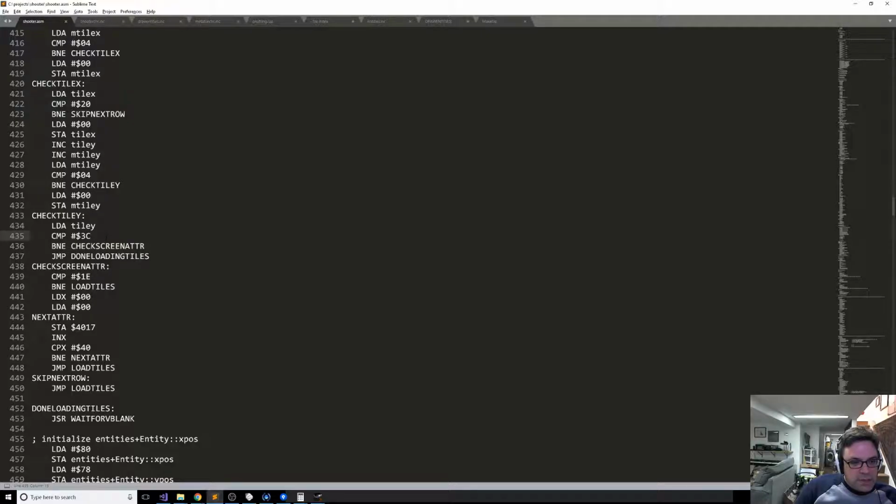And if it is, then we're going to, if it isn't, we're going to check to see if we need to load the screen attributes. Otherwise, we're done loading tiles. If it is not 3C, then we want to check to see, is it 30, which is 1E? And if it's not, then we want to go back to loading tiles. Otherwise,